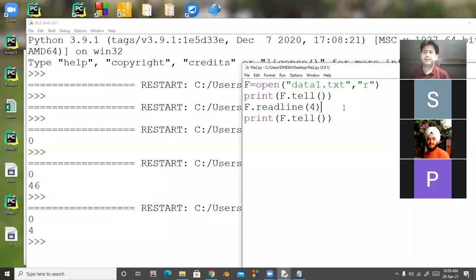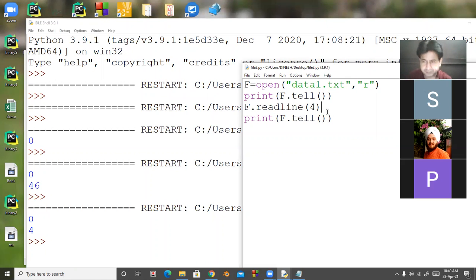So this is the tell function. Next I will discuss the seek function. The tell function tells us the current location in the file, but the seek function is used to send the file pointer to a particular location in the file.